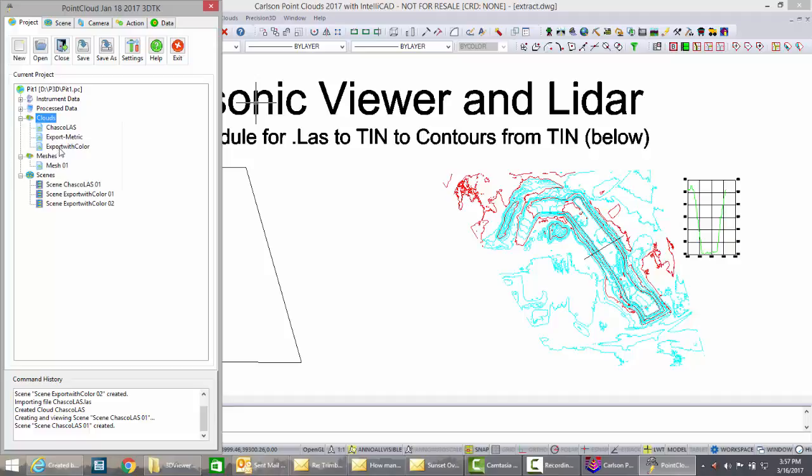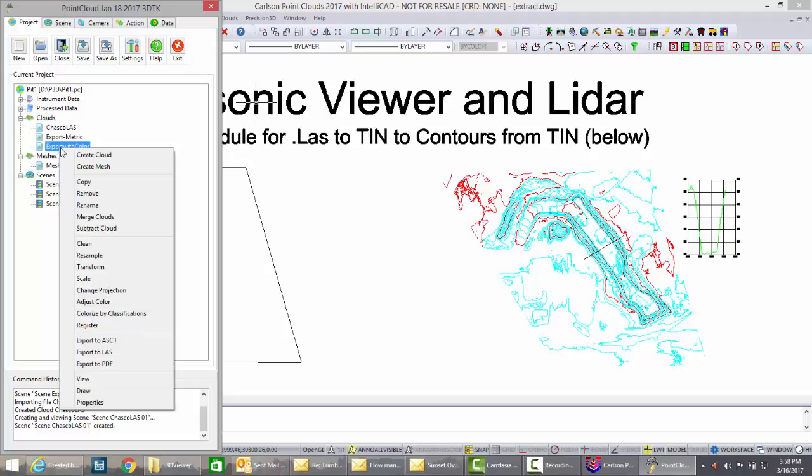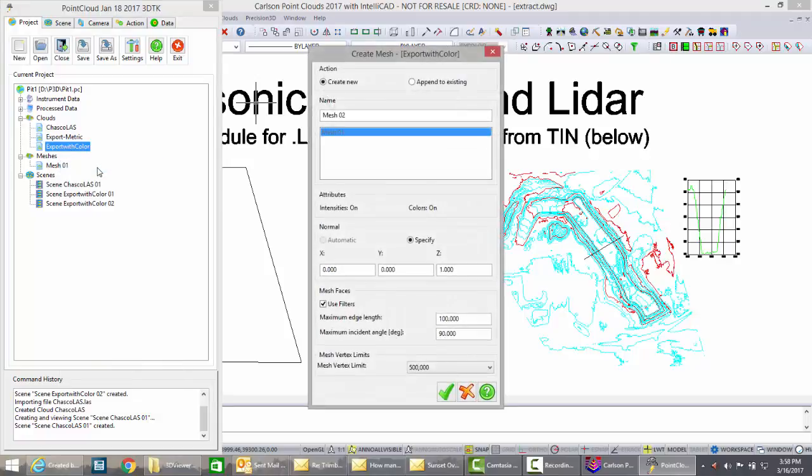But if we have a particular cloud that's been brought in, perhaps converted on the fly to feet from default metric, then if you right-click that cloud, you can create a tin mesh. If we click on that, you can control how many mesh vertices you will allow, and the program will find the most important vertices to create an accurate mesh up to the limit tolerance you've set. So we'll go ahead and set for a